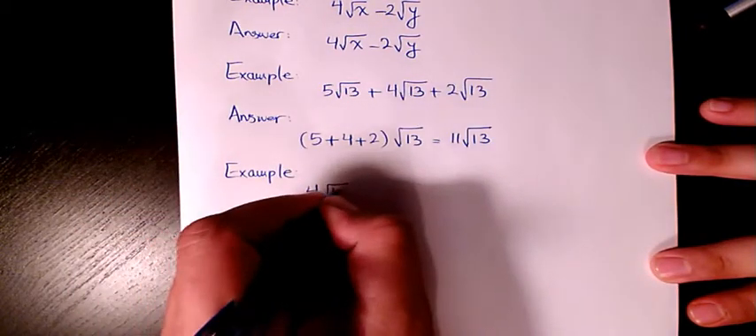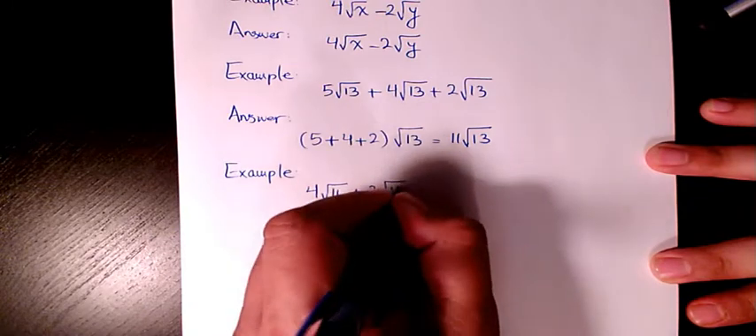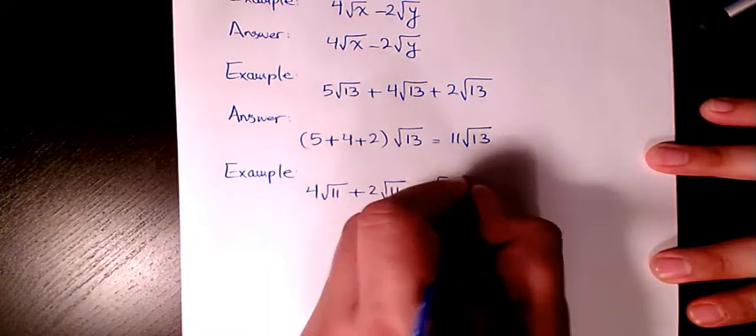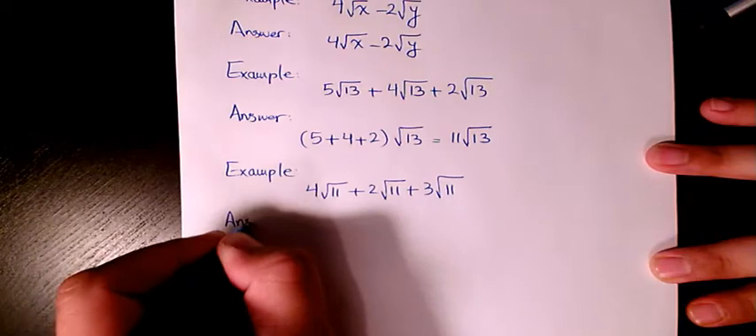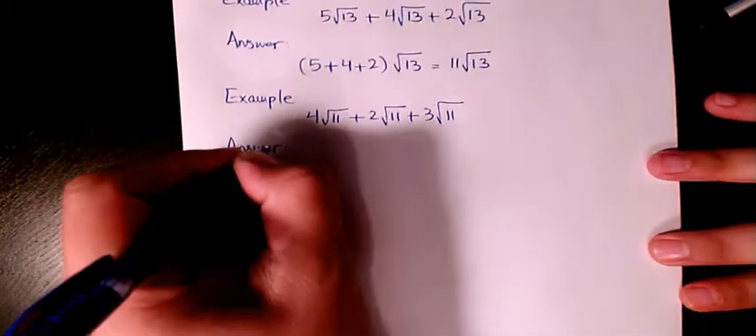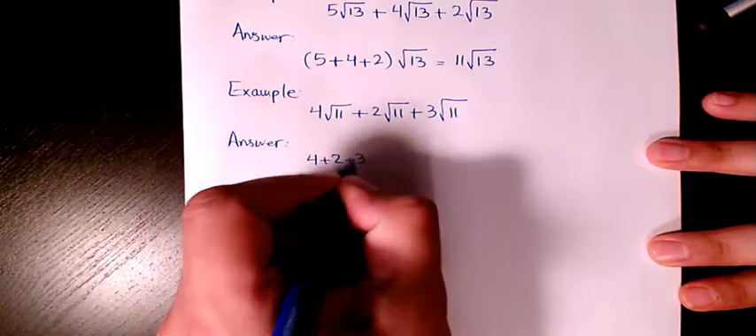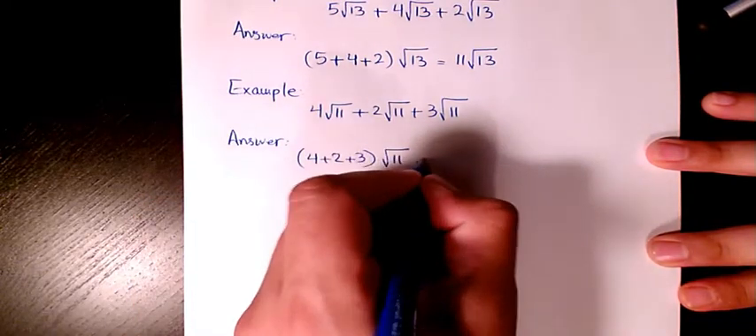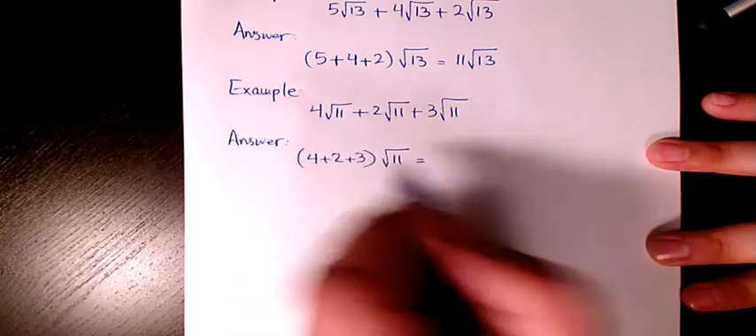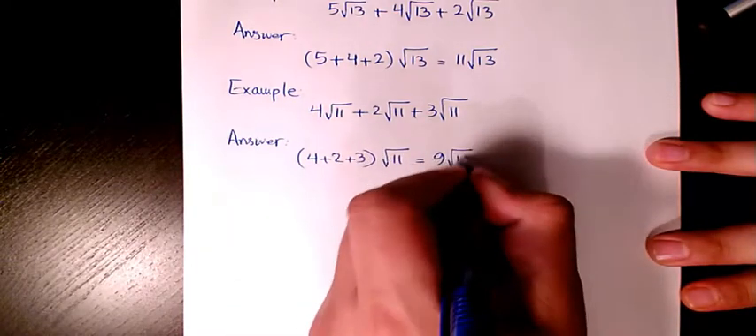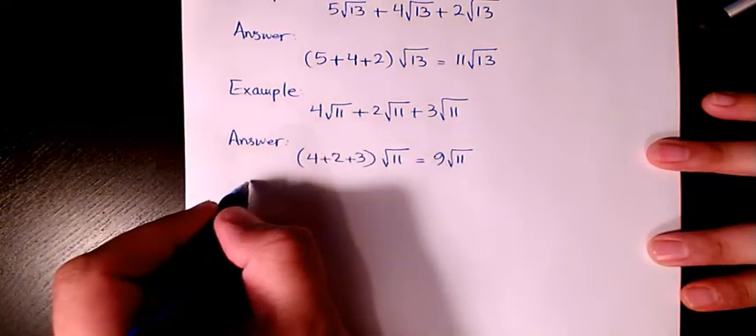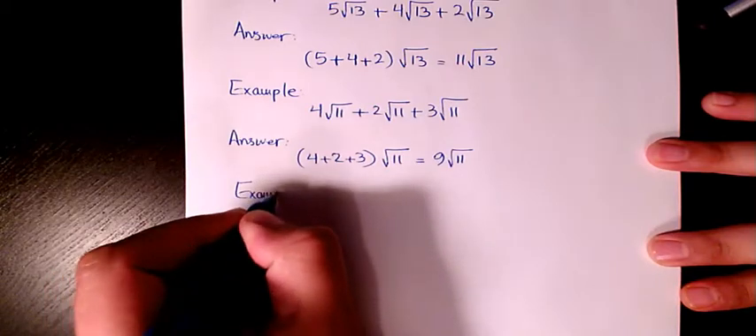4 root 11 plus 2 root 11 plus 3 root 11. The answer is, since they are like terms, we can combine the coefficients or collect the like terms. 4 plus 2 plus 3 is 9, so it's going to be 9 root 11. Next example,